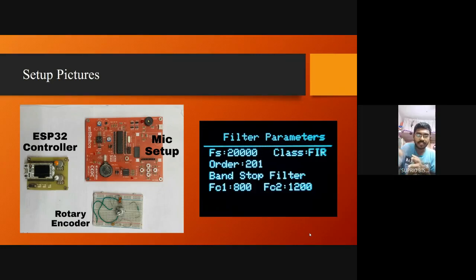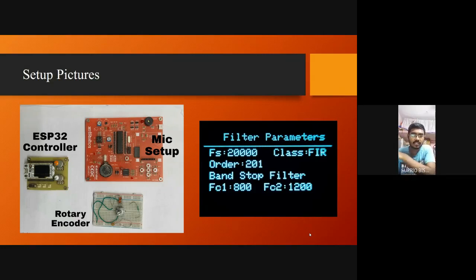The next is how much filter length you are implementing. Like I've shown you an FIR filter of 201 length. Implementing this kind of filter on the ESP controller takes about half of the time period allocated for each sample. I am just running it at a 20 kilohertz speed, so the one upon sampling time gives the time for the sampling plus the implementation of the filter. The filter takes about half of that time. So if I improve that, using the same controller with the same filter length, the maximum frequency I could achieve is 40 kilohertz on this controller.